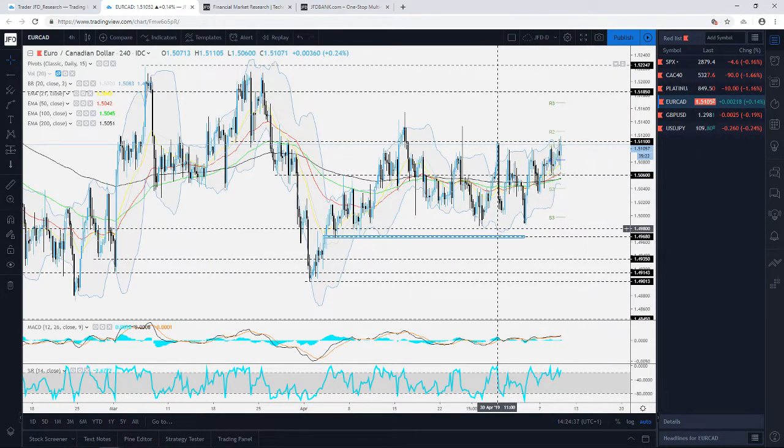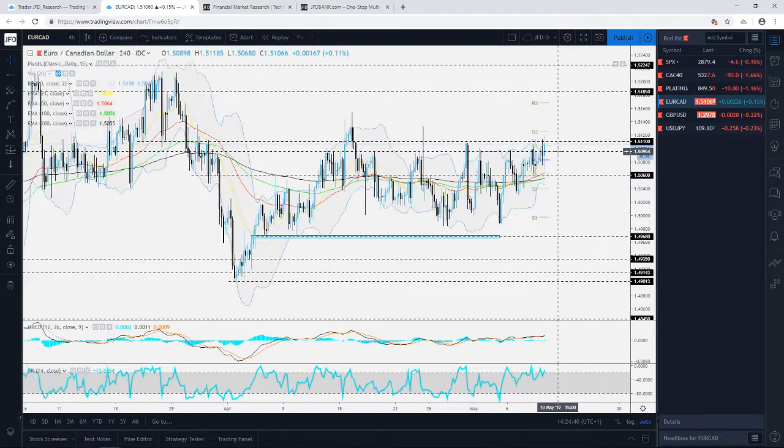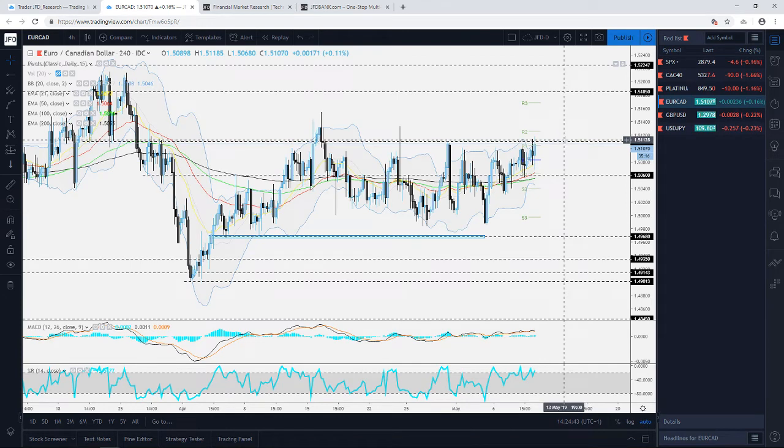on one hand it seems positive, it's trying to push higher, it's trying to overcome this key area of resistance. It did try to do that twice already today, so this 1.5110 level, which, as you can see, is acting as a very good area of resistance. Previously it acted as a good area of resistance here on the 30th of April. Also in the past here, as you can see, it took the role of both resistance and support,